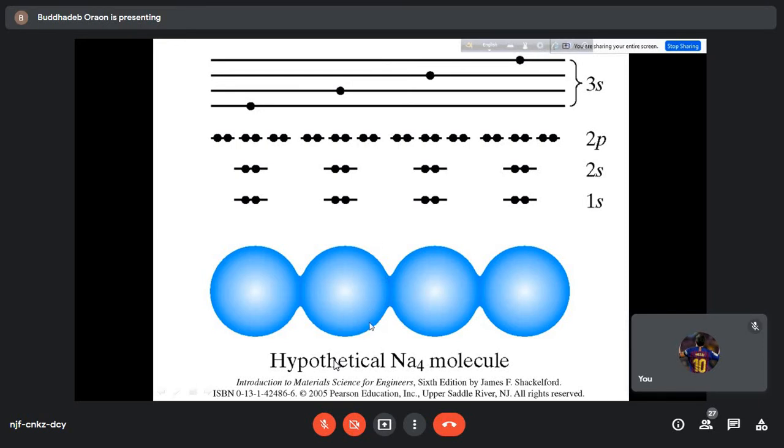The point is that the electrons occupying the outermost shells or subshells will have their energy level affected first. So for sodium at the 3s level, when you have 4 sodium atoms, at the 3s level we have a total of 8 vacancies. Out of that 8, only 4 electrons are occupied here, so 50% occupation.